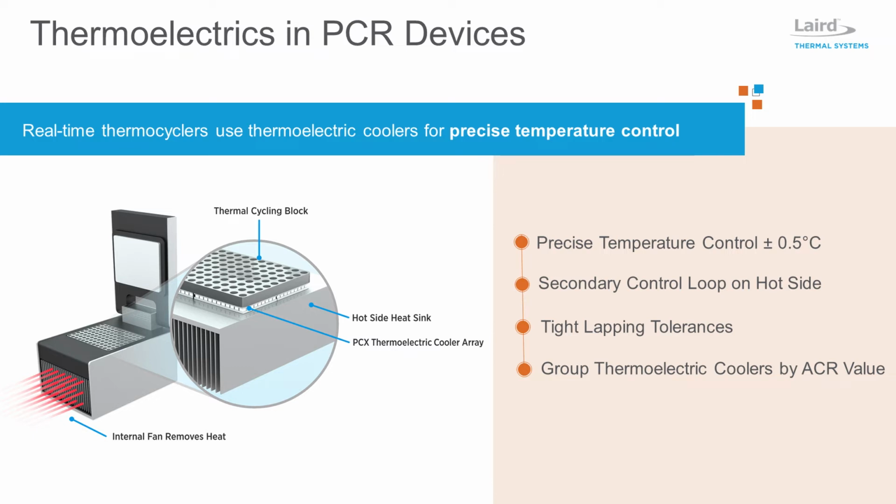The heat rejection consists of a heatsink and fan. A resistive heater is typically incorporated into the hot side heatsink with a secondary control loop to temperature stabilize the hot side, while the cold side is fluctuating across a plus or minus 45 degrees C temperature differential. This will help minimize overshooting of temperature set points under fast ramp rate conditions and reduce thermal cycling stress on